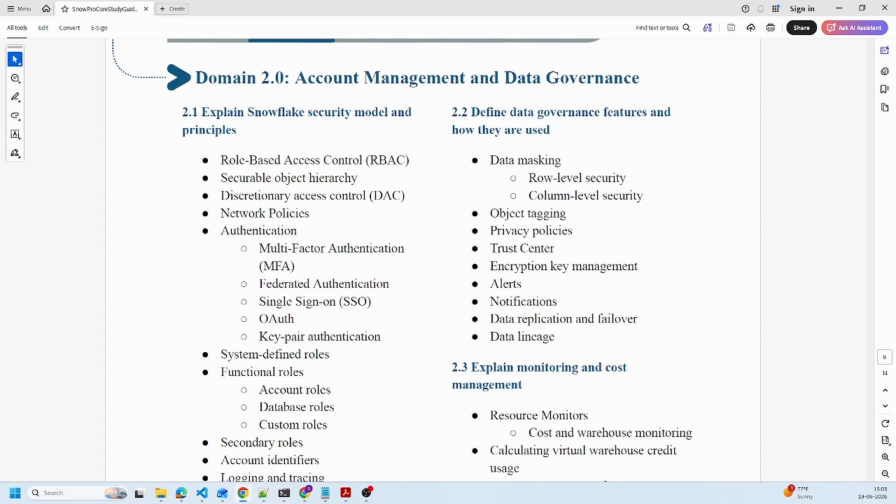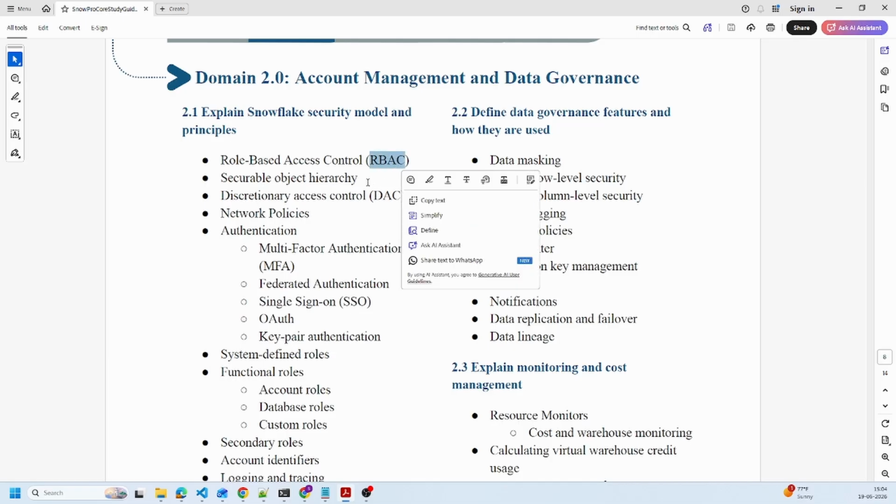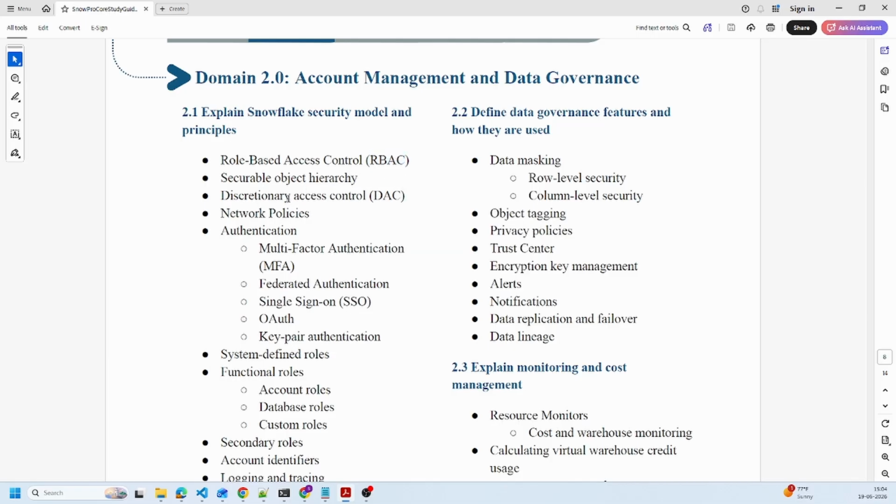All right, let's move into domain 2, account management and data governance. This is where a lot of people underestimate the exam. Security and governance account for 20% of the questions, and these questions are rarely obvious. Snowflake uses role-based access control, or RBAC. That means privileges are granted to roles. Roles are assigned to users. Roles can